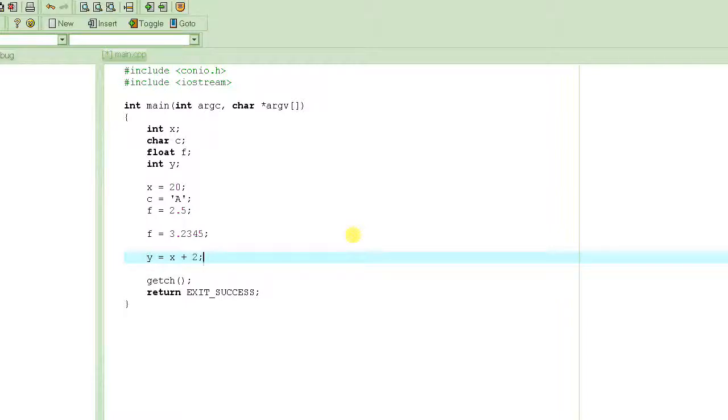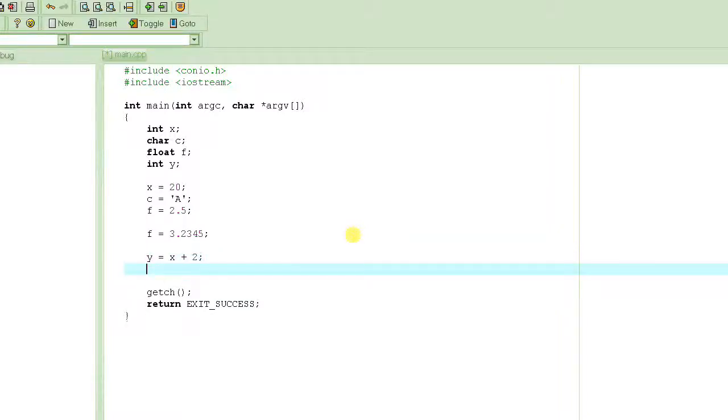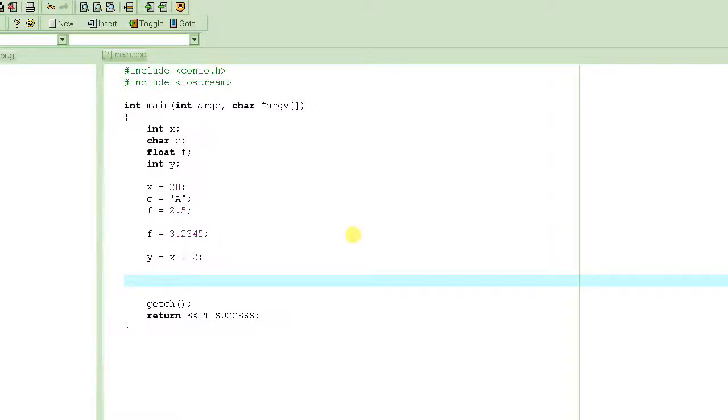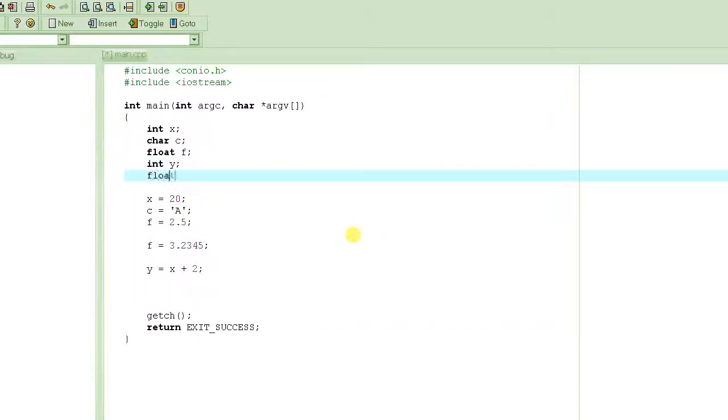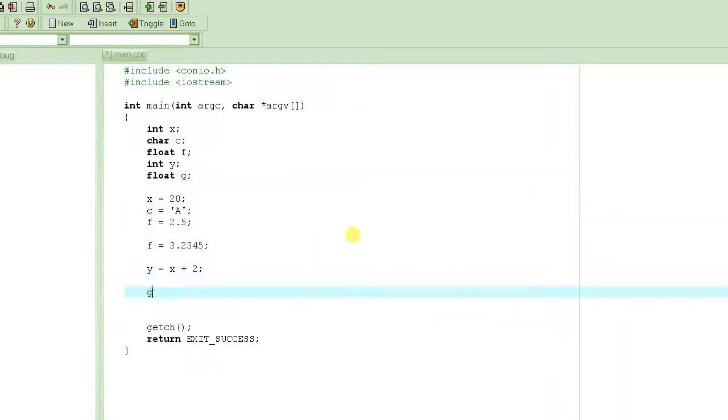So at this point, the value of y will be 22. You can do the same thing with the floating point numbers. So you could say float g, and then you could say g is equal to